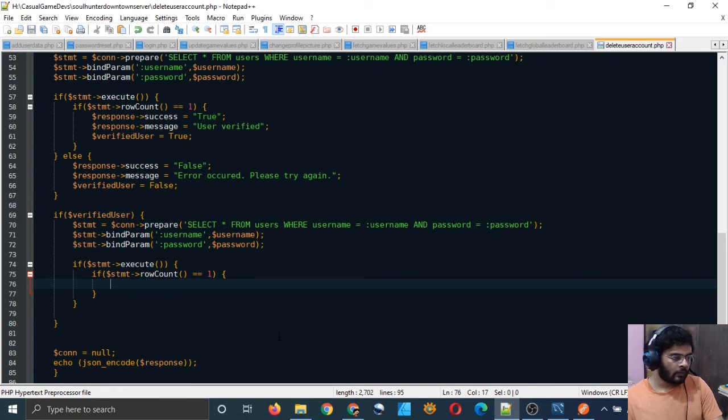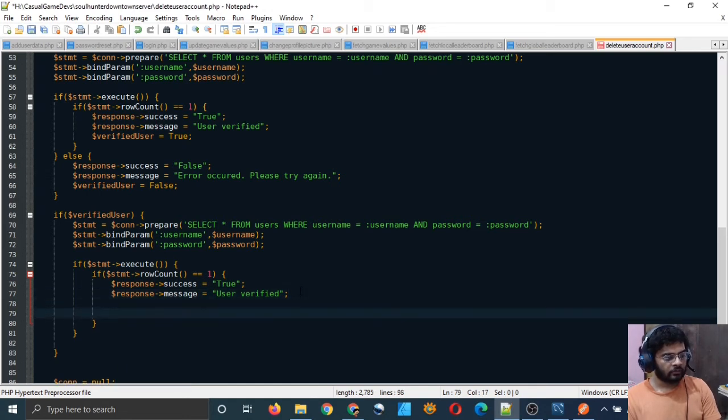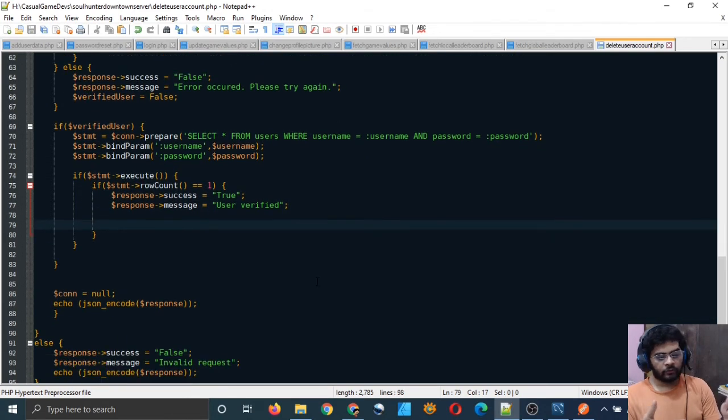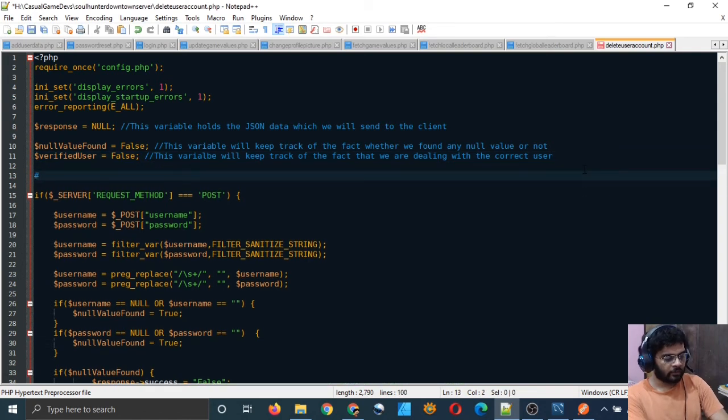then of course you can say response success, user verified. Don't have to do that, but I will just do it for the sake of keeping it all symmetrical. And if this is true, then we can fetch the user ID. For fetching the user ID, let me create a new variable, user ID.